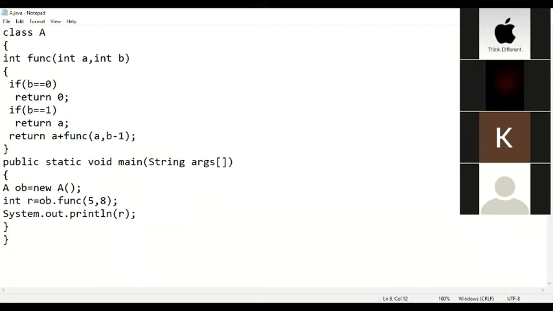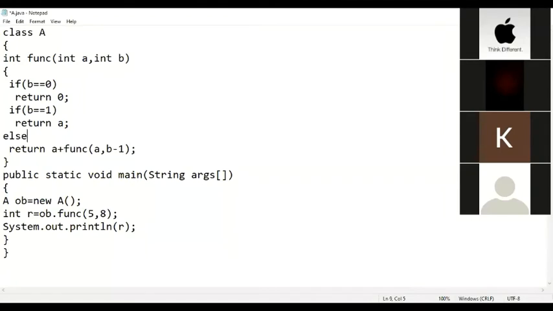सो दिस इज द एल्स पार्ट. आप चाहें तो यहाँ पर चेंज कर सकते हैं. यहाँ पर एल्स लिख दीजिए, यहाँ पर भी एल्स लिख दीजिए, एल्स इफ कर दीजिए. इट इज सेम. क्वेश्चन में दिया था like this, so I have written it like this. Otherwise this will also give the correct answer. Is it okay?